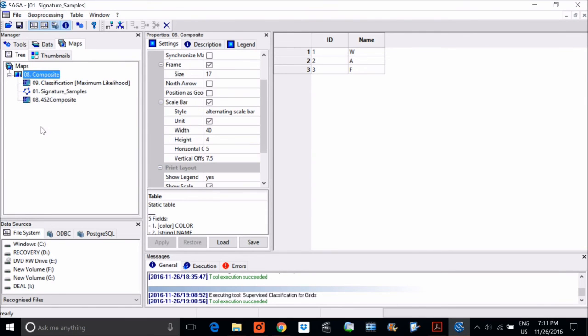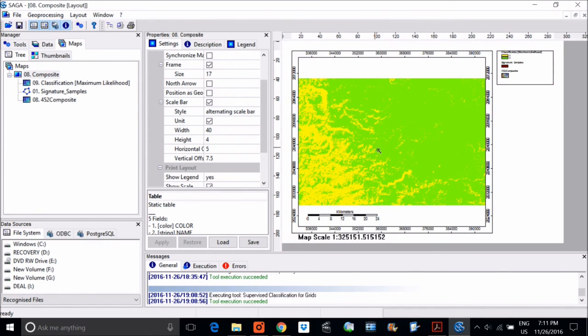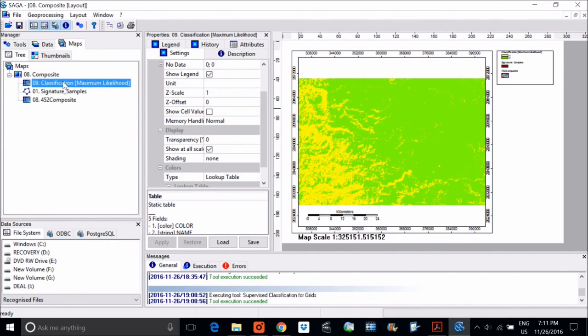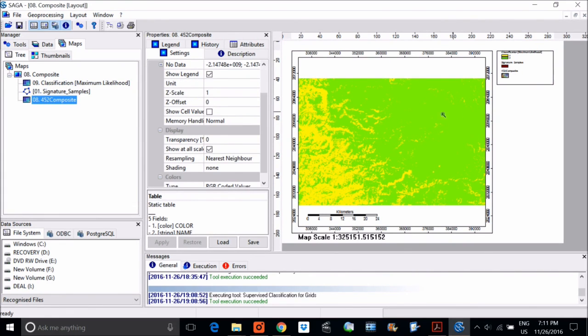For that you go to this and say show print layout. This is the show print layout. So this map is there, and you can also have this on the background, but I'm just trying to make a classification map because it is actually a combination of signatures.